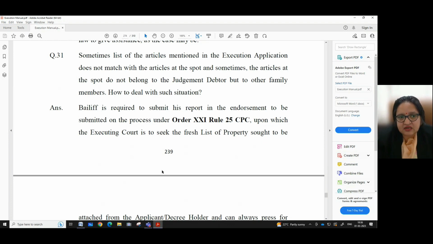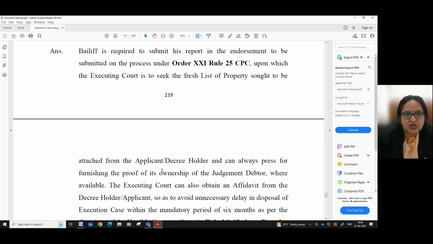And sometimes the articles at the spot do not belong to the judgment debtor, but to other family members. How to deal with such a situation? Now, the answer to the question is that the bailiff is required to submit his report in the endorsement to be submitted on the process under Order 21, Rule 25 CPC, upon which the executing court is to seek the fresh list